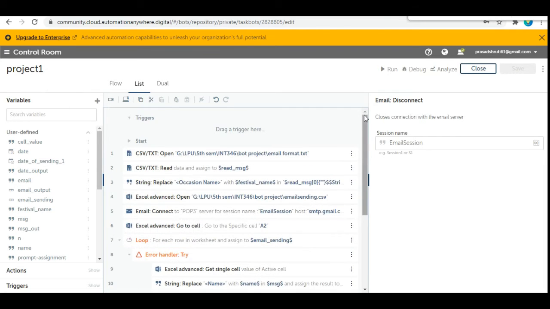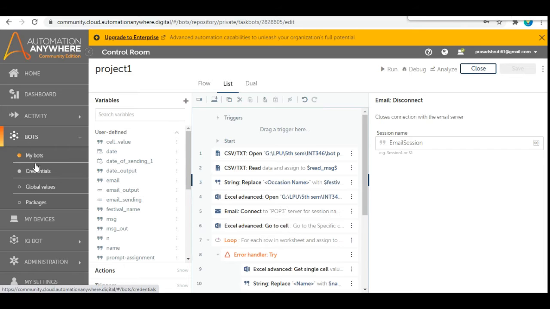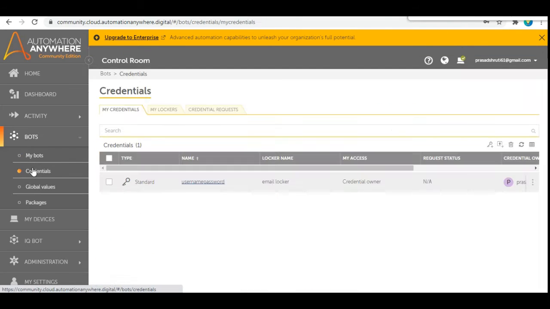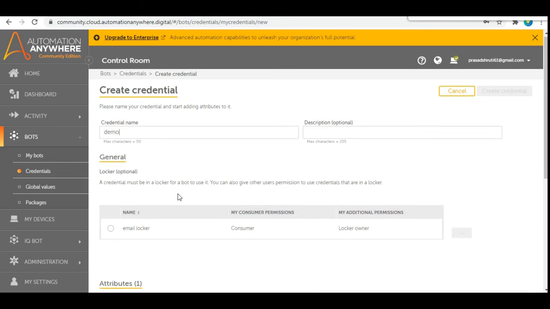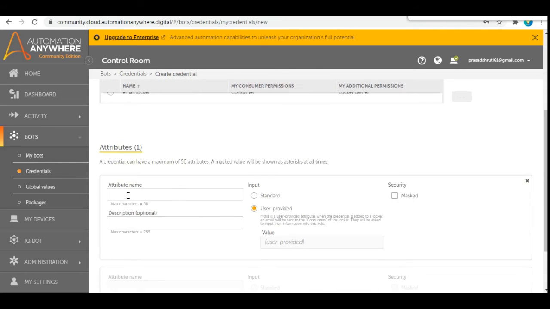Now I want to tell you how I have created the credentials and locker systems. First, go to the credentials, because without a credential we cannot send any email to any person. I have created one credential, so that's why it is showing. To create a credential, first click create credential, and suppose I am creating a credential whose name is demo. Then after that, attribute name,